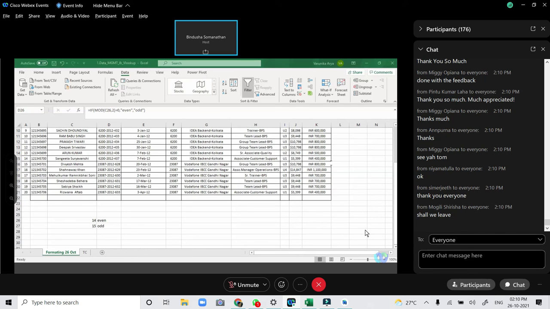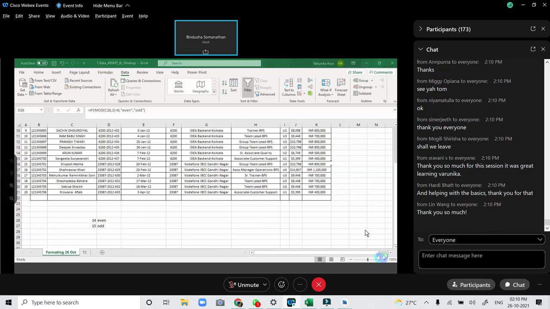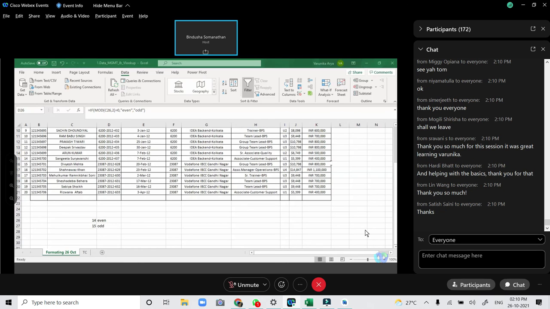How do we remove the duplicates of the lowest numbers, Sandhya? Duplicates of lowest numbers. So that is an array function, because your data is in array form now. Those are array formulas.